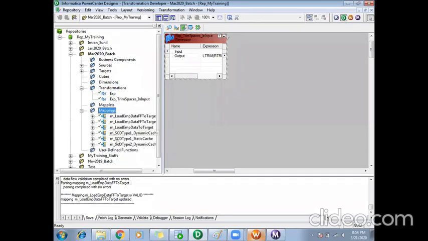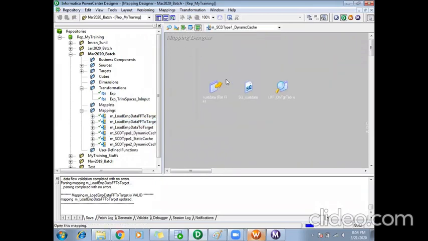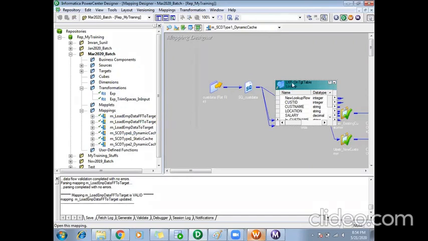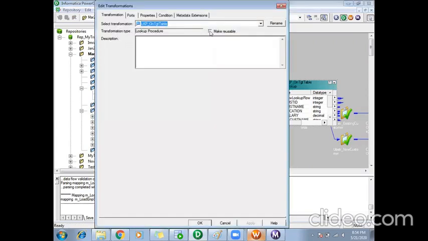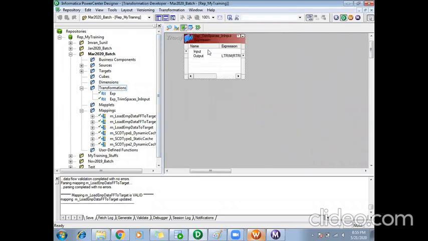So the another way of converting an existing transformation to reusable is, you can take any of the transformations, you can double click, you can see this property, make reusable. If you enable this, the transformation will be converted into a reusable, and it will go to your transformations folder. So you can't edit those reusable transformations in mapping, and you can do it in your transformation developer. That is about reusable transformation.